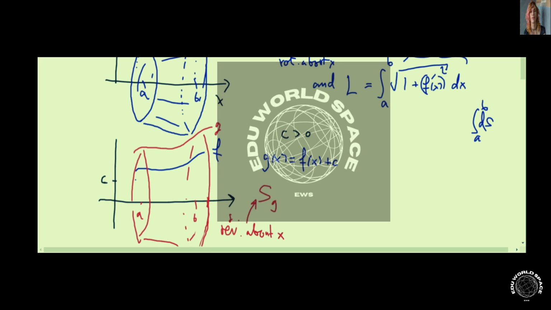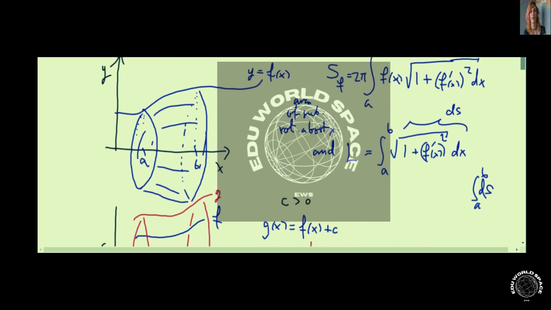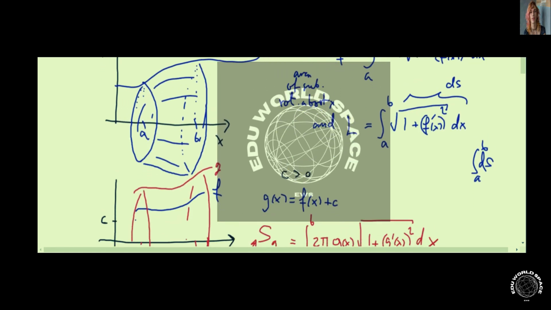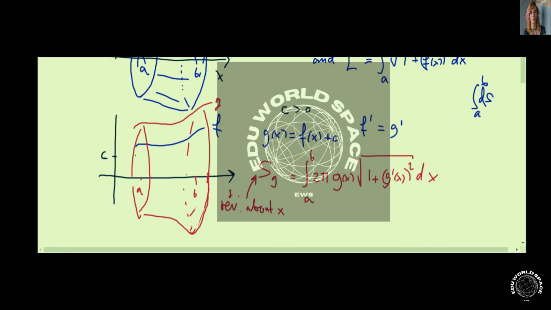x-axis. So this would be the integral from a up to b of 2 pi times g times the square root of 1 plus g prime squared dx. But well, if we translate f by a constant, then we have that f prime is equal to g prime. So that this part over here